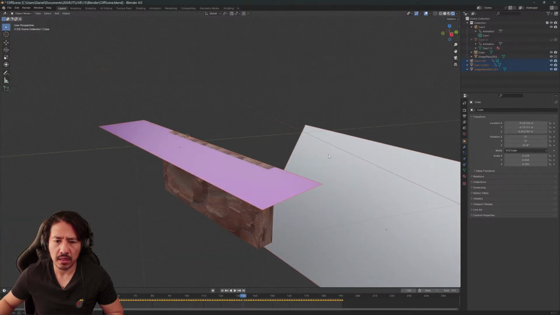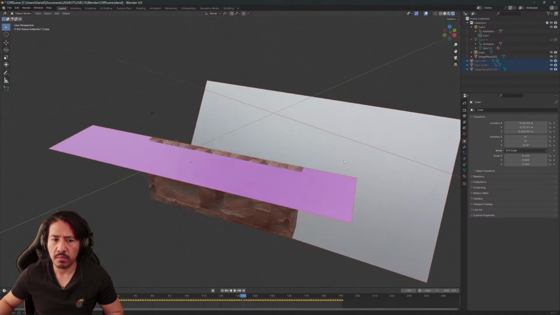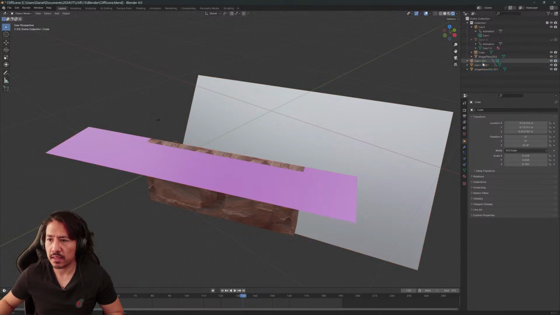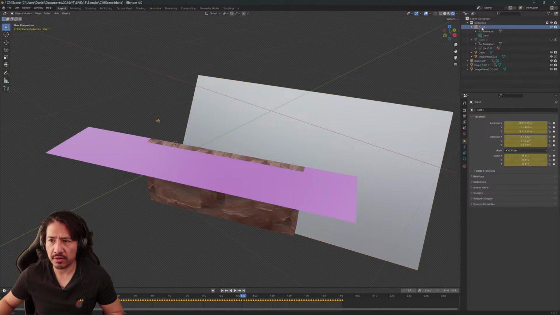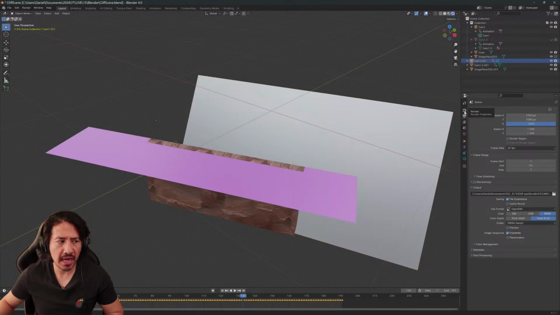Okay. But the thing is that this is a new camera. What are the settings of this camera? When I activate them, it goes up. Yeah, so